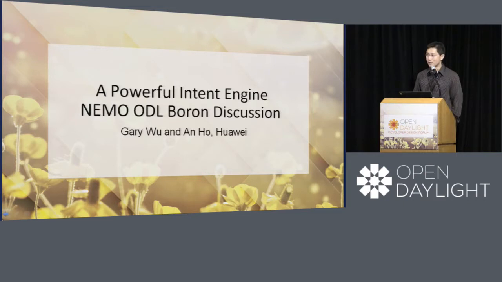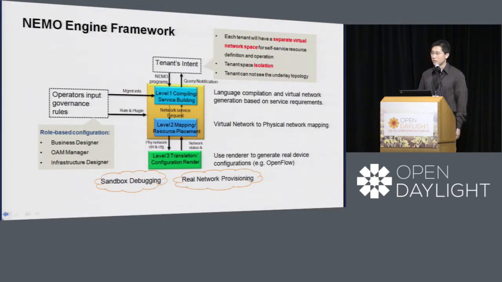So NEMO stands for Network Model, and it's a language-styled effort to create a network intent engine. I think one way for you to think about it is it's almost like a SQL for defining network service functions or requesting network service functions. So why do we want something like this? The RDBMS world is actually a very good example. How do we come up with SQL? There's a huge proliferation of